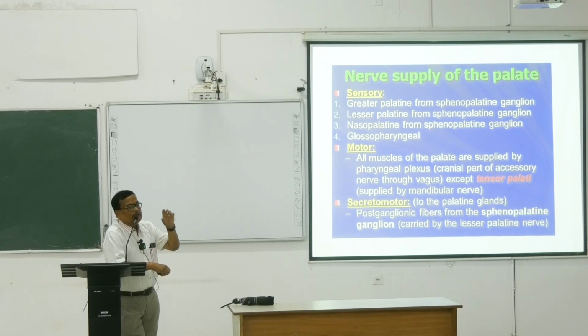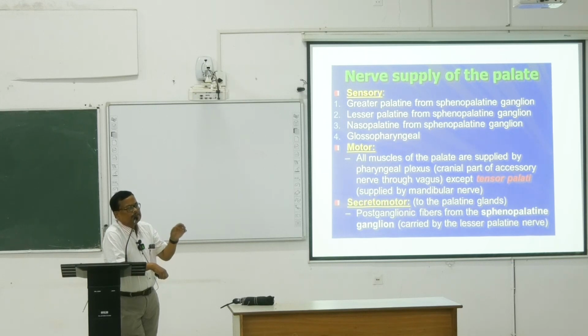There are nuclei, nerve cell bodies accumulated to form an elongated mass. We call it nucleus tractus solitarius, situated in the brainstem. Again, to sort the general sense and the special sense: general sense is carried by the lesser palatine nerve, greater palatine nerve, and nasopalatine nerve. Special sense is mainly taken up by the lesser palatine nerve.